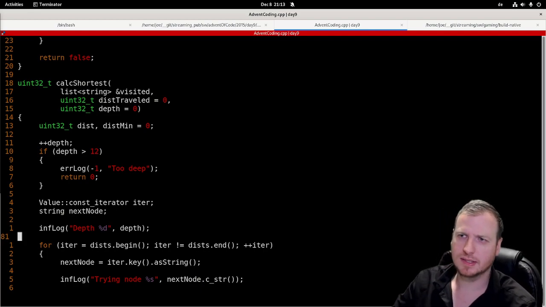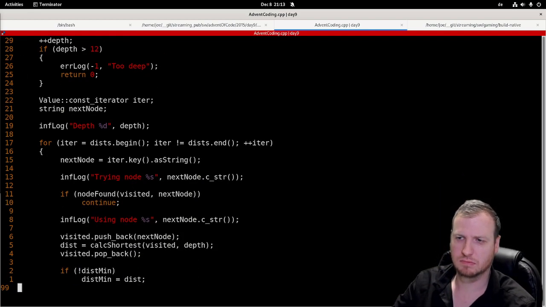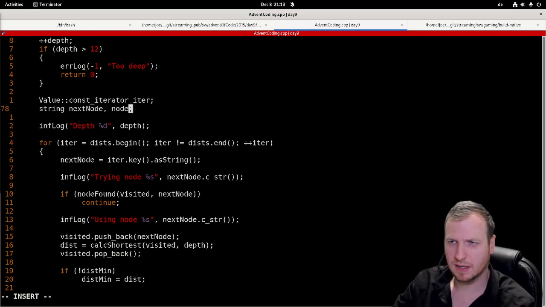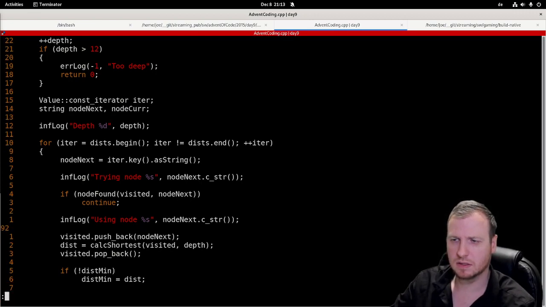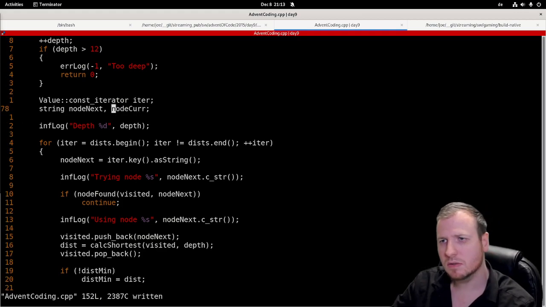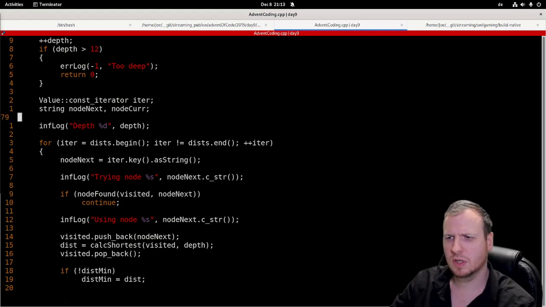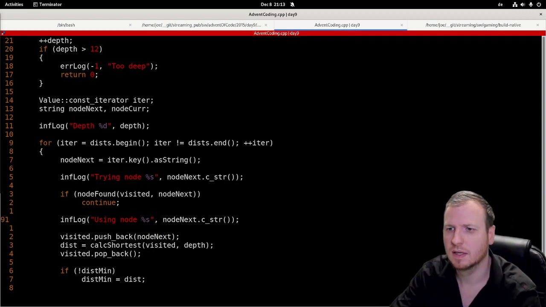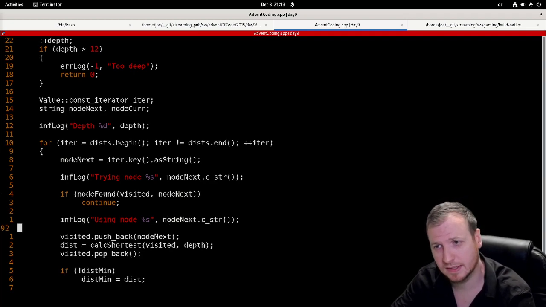Now we have to use the distance traveled, the current node, the next node. I rename it node current, next node, node next. Yes, fine. And the current node using node whatever. That's the next node, and we want to calculate the distance. And we can calculate this distance if